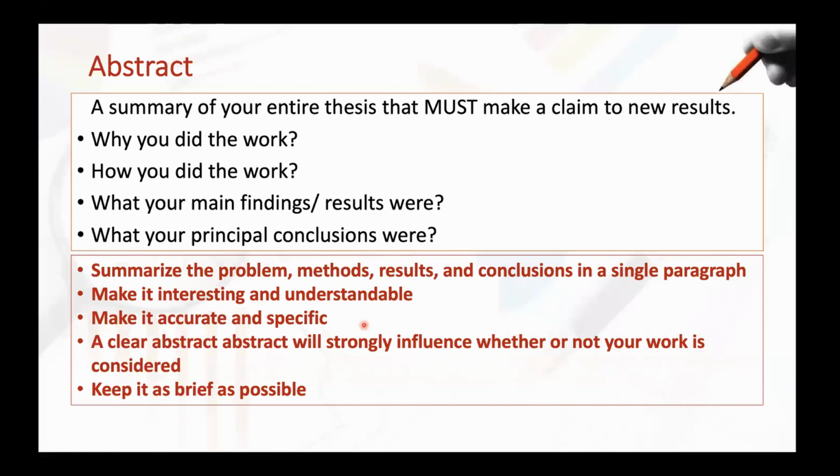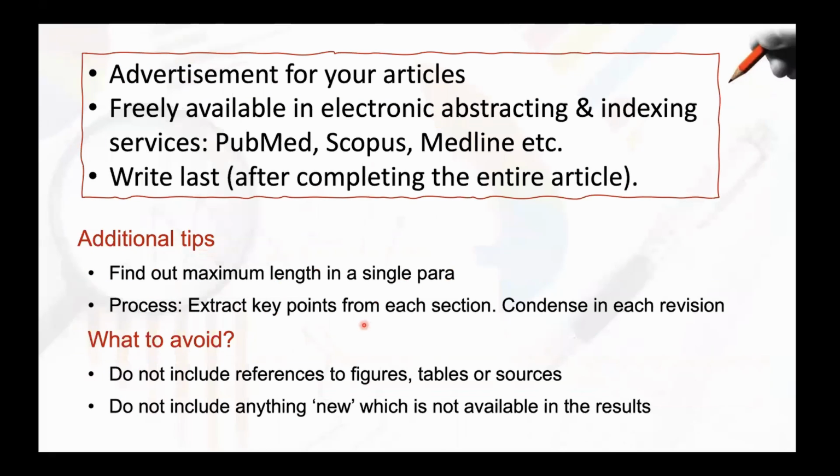Okay, and then additional tips: find out the maximum length in a single paragraph, and then extract key points from each section, and then you condense everything in each revision. And what to avoid: do not include references to figures, tables, etc. in the abstract. You never include any reference, because that is not necessary at all in an abstract. And then do not include anything new which is not available in the results. These are the things which you have to avoid. Okay, you should never include any figures or any references, and do not include anything new which is not available in the results. Okay,